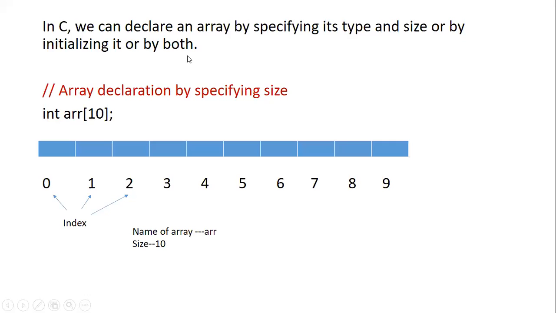Next example, how to declare an array. You want to declare an array, how can we declare it? The syntax for declaring an array is first we write a data type and the name of the array. Then in square brackets we write the size of that array. So here the array is of integer data type. Its name is ARR and size is 10. That means we are declaring an array of size 10, which will consist of integer data type. Here you can see an empty array which starts at index 0, and the last element will be stored at index 9.